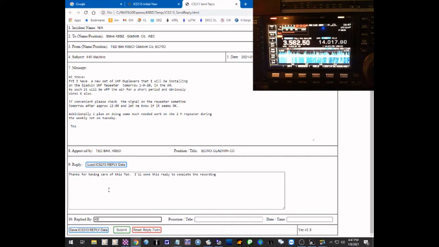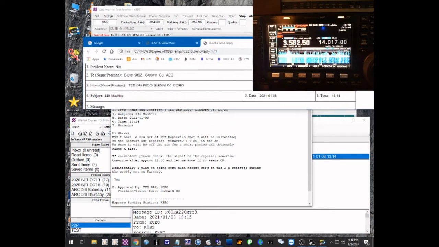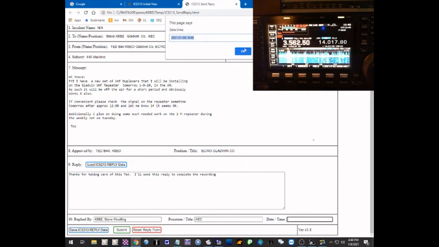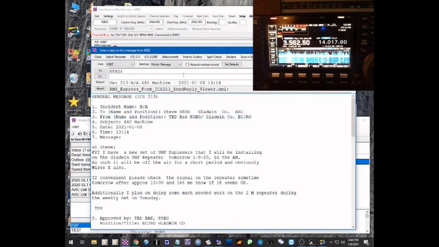Replied by K8BZ. And he's actually connected to me right now. I'm going to minimize this just for a minute and move it out of the way. Yeah, I have too many windows in the way. Let me finish this. And we'll click in the date and time field, and we'll just insert the current date and time. We'll submit it. Minimize the browser, make sure this is a Winlink peer-to-peer message, post it to the outbox,